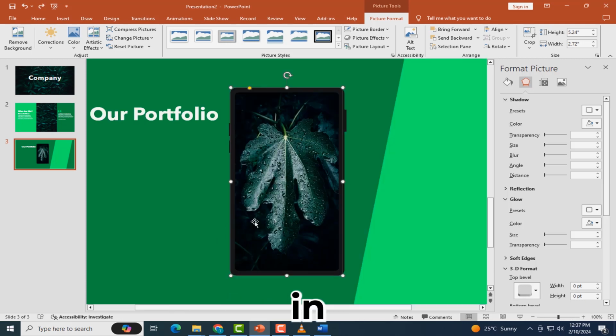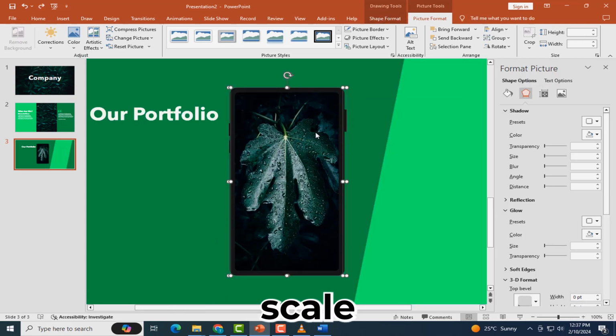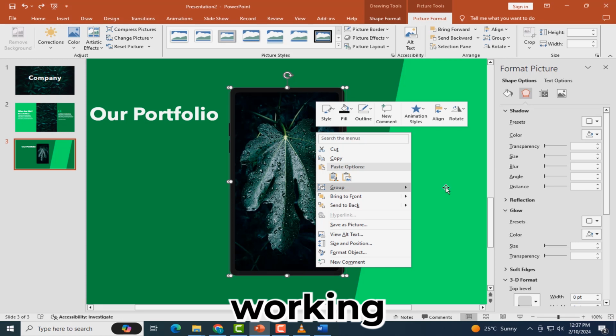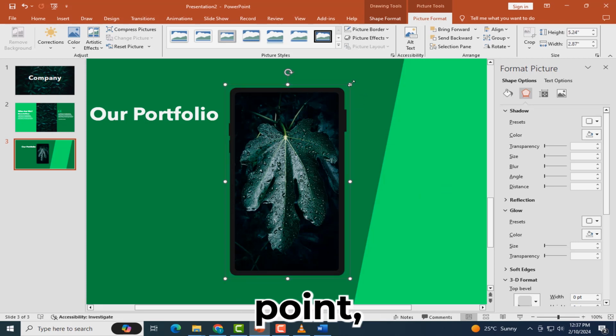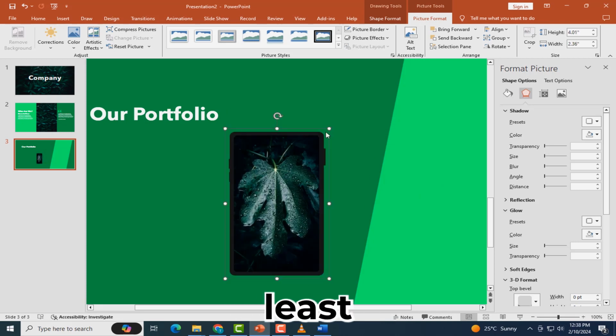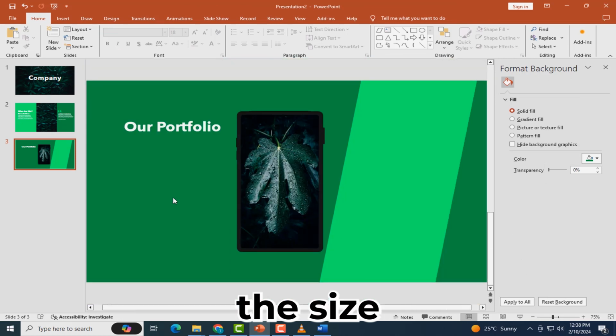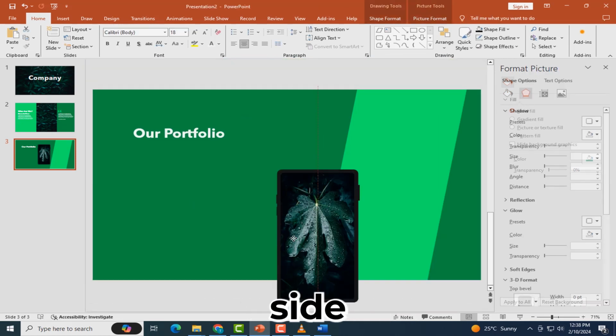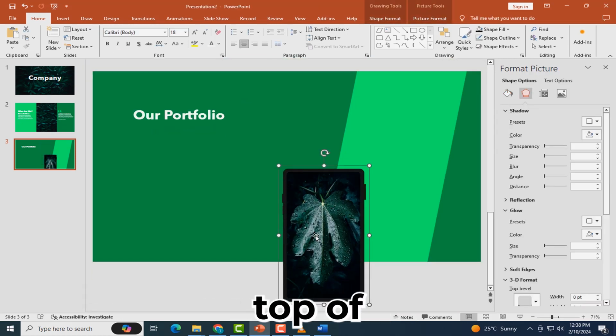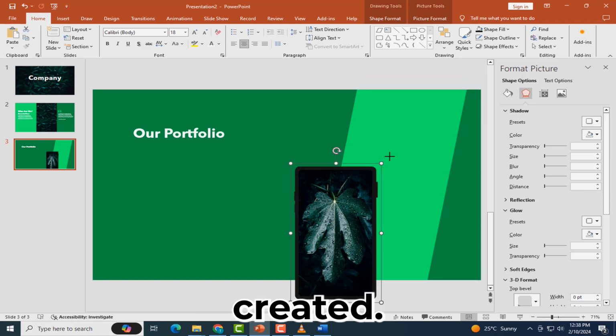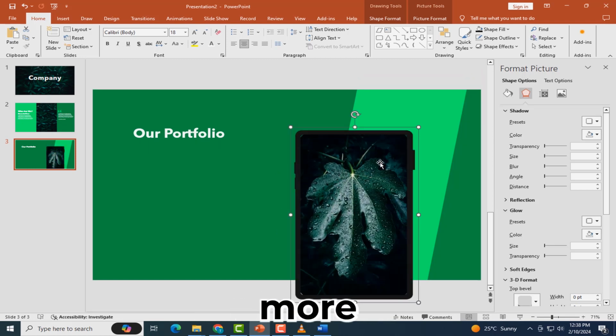them together, and this way you can scale them down or scale them up quite large because you're working with vectors here in PowerPoint, if you use these shapes at least. Let's increase the size and put it somewhere on the right side of the slide, on top of the background shape that we have created. Now let's add some more